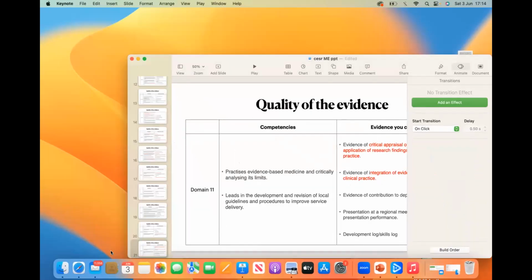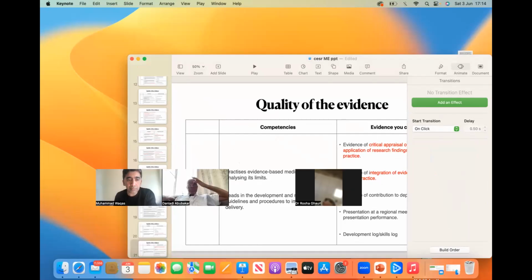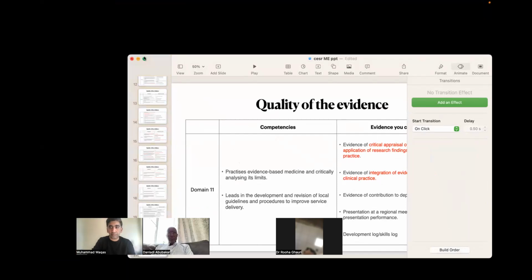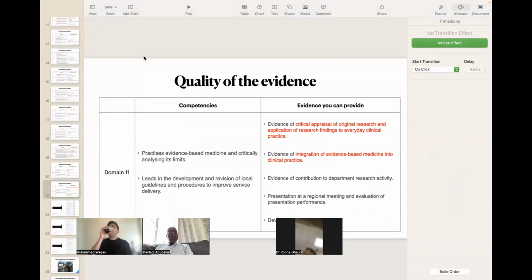And the second thing: when we send an assessment on the portfolio to our senior or consultant, for example a safeguarding assessment, we select two domains. One is safeguarding, and the second is, for example, communication or professional. I ticked all the level 1, level 2, level 3 capabilities, and the consultant did not comment on those but commented on safeguarding, signed it and verified it. Will that domain be counted as well? Yes, if it is signed, then that will be counted. That's helpful, because most of the time my consultant doesn't comment on what I ticked, but they sign.